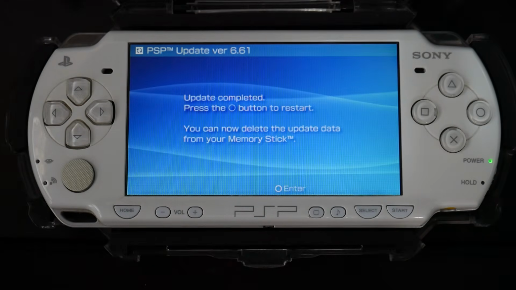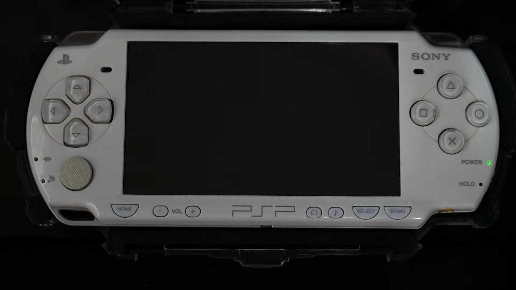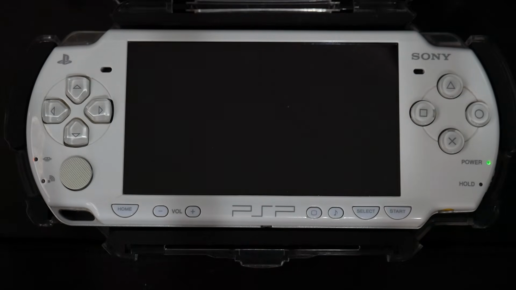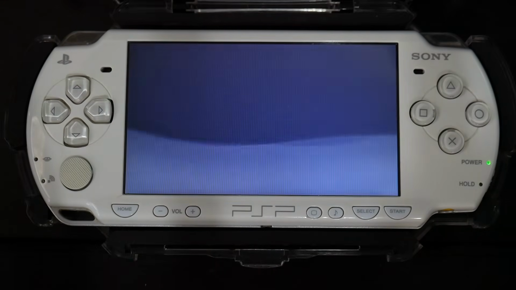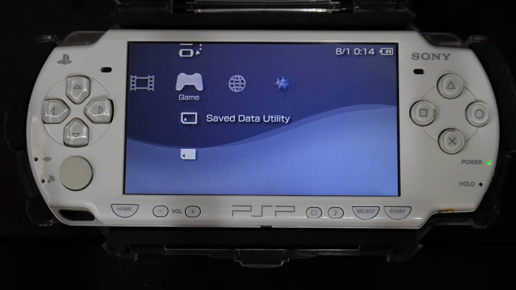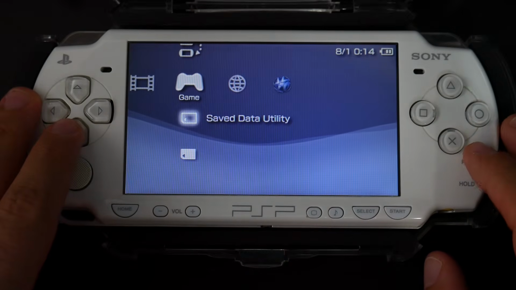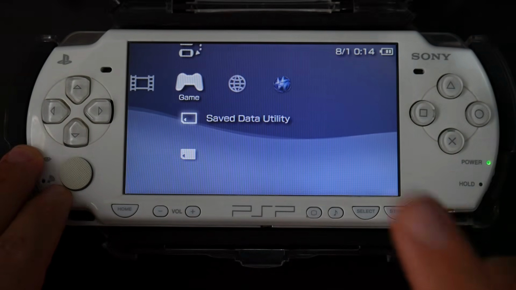And here we go, after a few minutes it should be complete, so we just need to hit the enter option here and wait for the system to reboot. And once your system reboots back over to the XMB, we should be in a good spot to now actually